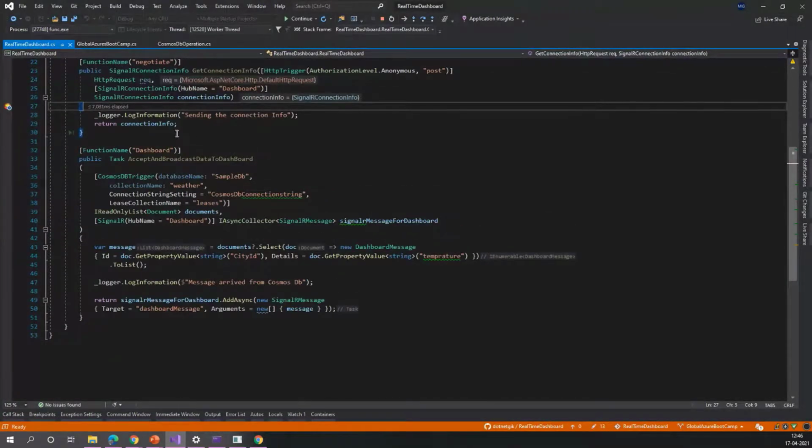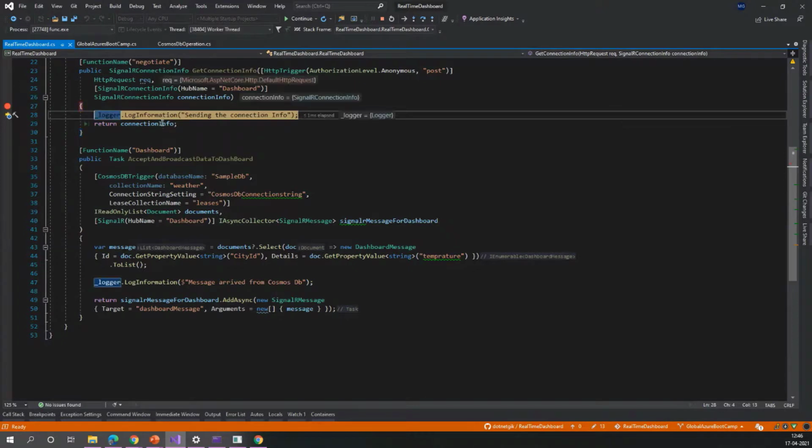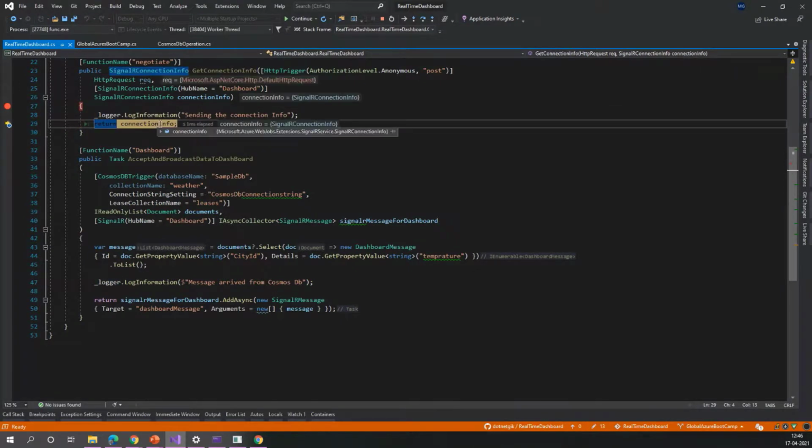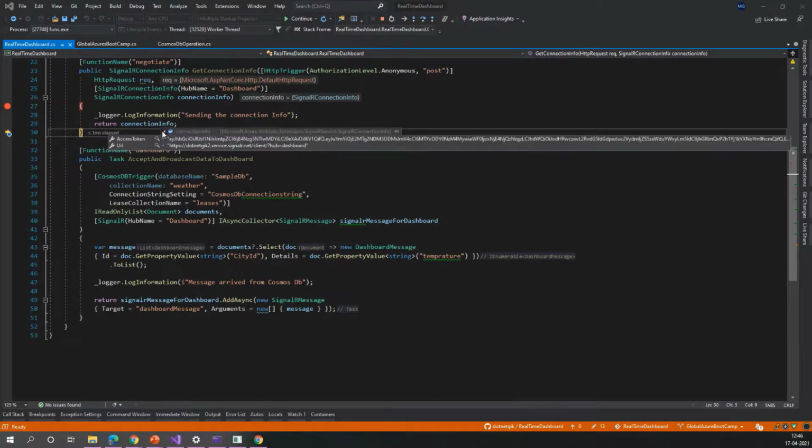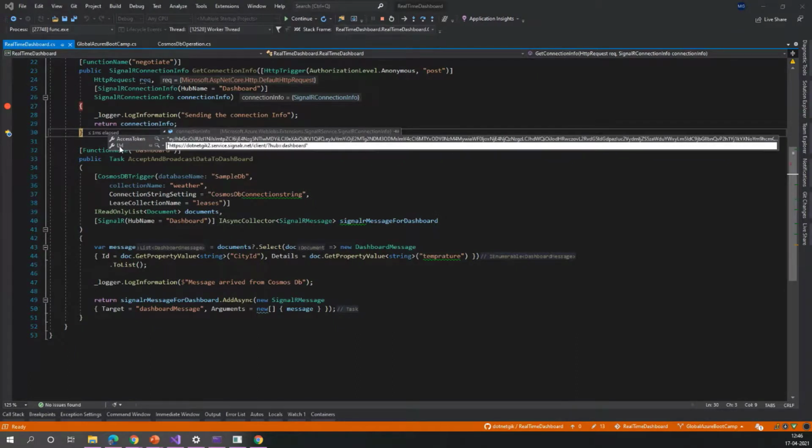Whenever the client initiates the communication, what it needs to do is connect to the server, and it needs to have some connection info as well. If you can see here, there are the access tokens, and there is a URL as well.